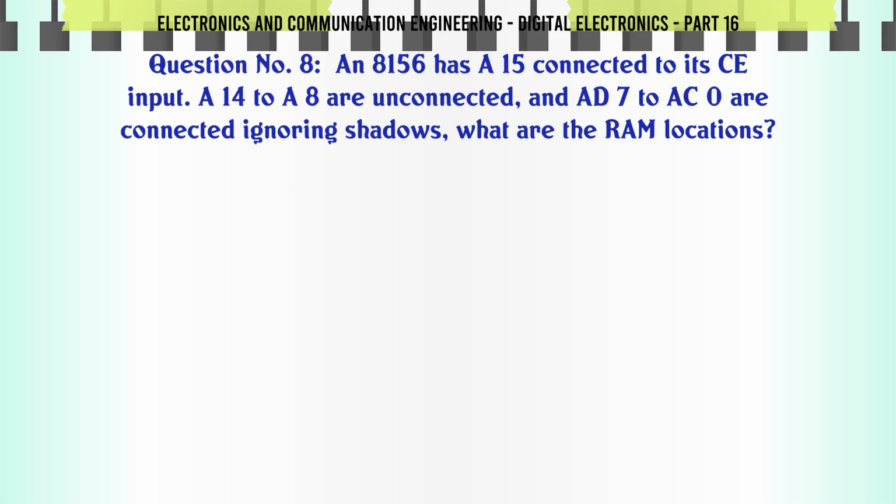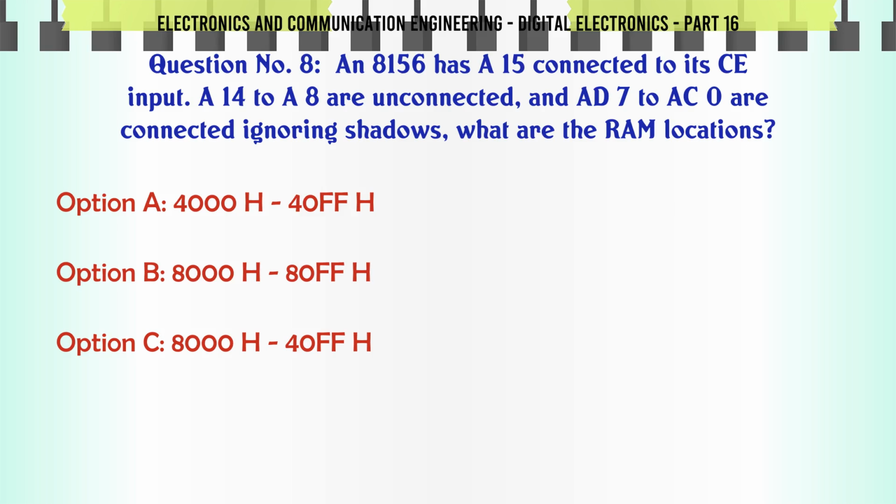An 8156 has A15 connected to its CE input. A14 to A8 are unconnected and AD7 to AD0 are connected. Ignoring shadows, what are the RAM locations? A. 4000H to 40FFH, B. 8000H to 80FFH, C. 8000H to 40FFH, D. any of the above. The correct answer is